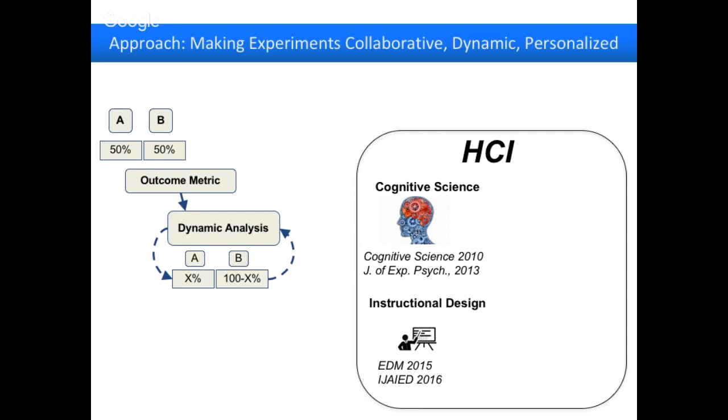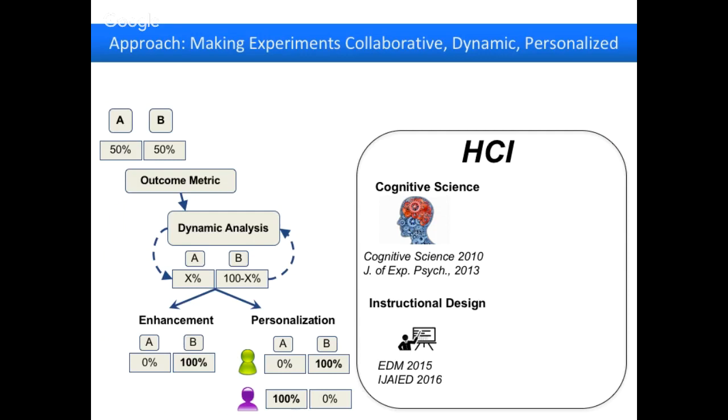So in an ideal situation, we dynamically analyze experiments so that even if we start out assigning people 50% to one explanation, 50% to a second, we'd analyze data in real time. So after the first 10 or 20 students, we might know, well, this actually looks like it's helping. So maybe then you'd assign 60-40 or 80-20 to dynamically change your experiment based on the data you're analyzing. And that would be good because in the long run, it would lead to enhancement, where you could give one condition to everyone,